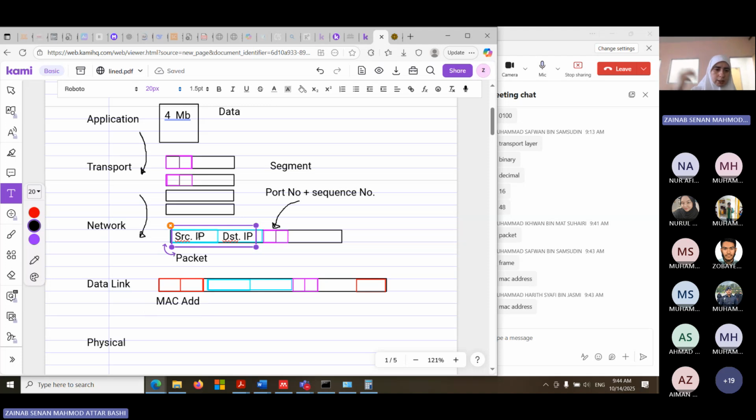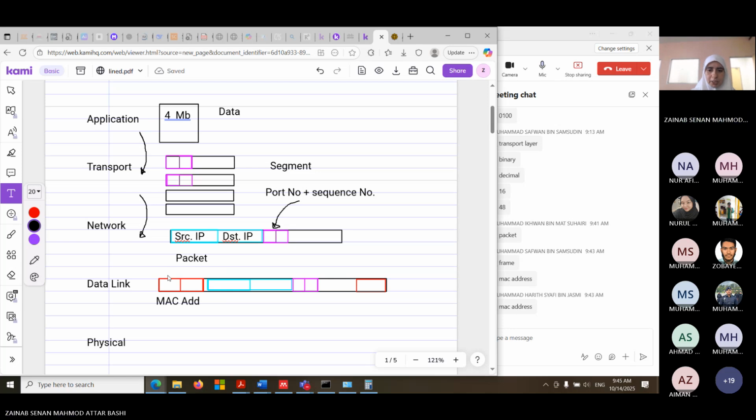We said I go from Gombak to KLCC. Here, we need to know the next step. I'm at KICT now. If I want to go to KLCC, what will be the first destination I have to go to in order to reach KLCC at the end? From KICT, where should I go? What do you think? I go to the IIUM Gateway, right? If I don't go to the gateway, I will never leave IIUM. Then when I'm at the IIUM Gateway, I have to look either to the right or to the left. I have to decide where to go.